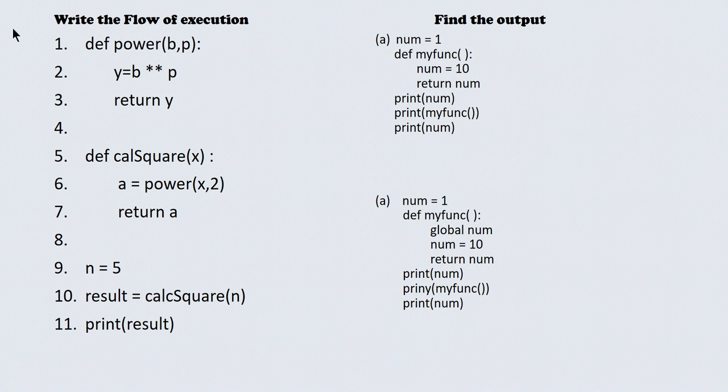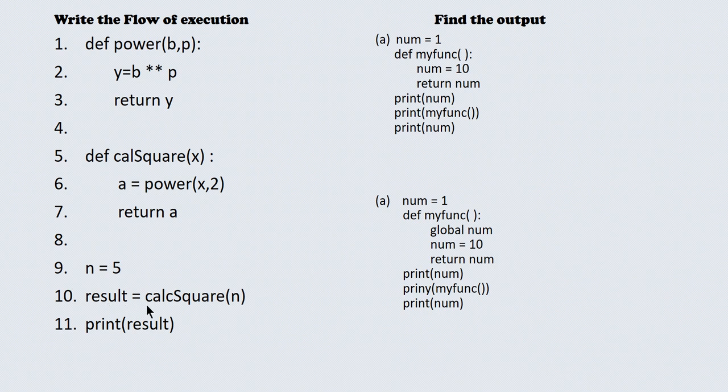So here in the first line I am having function header, so 1 will be executed. After that 2, 3, 4 will not be executed at all. So next it will start with 5, and then 6, 7 will not get executed. 8 also, it is a blank line, so it will not get executed. So it will come to line number 5. So line number 5 will be executed.